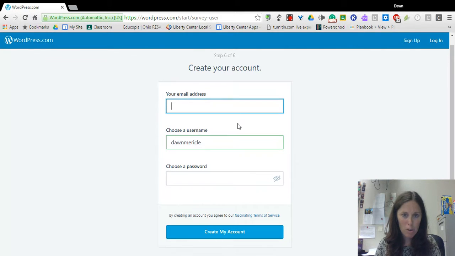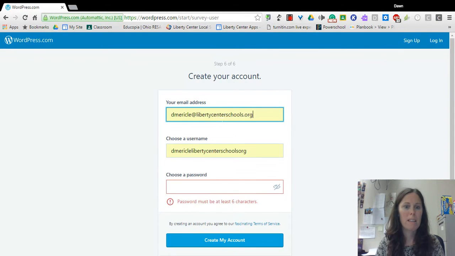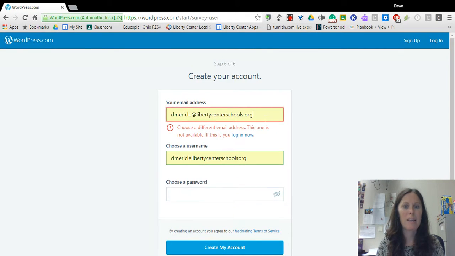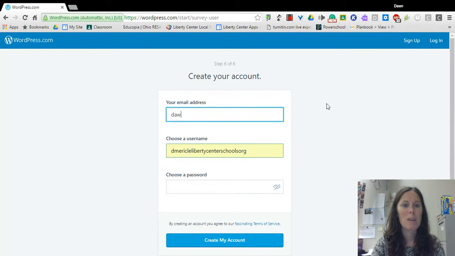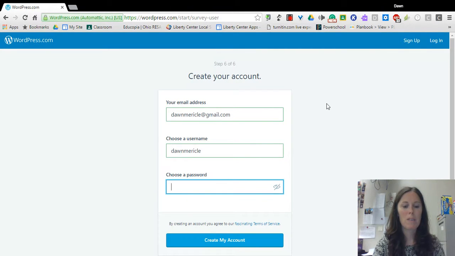You will sign in with Google. Let's see if it lets me do that. I already have an account created with that email address. So let me do my other. You can choose your own username. Please use something school appropriate. Usually first name, last name works well. And then you choose your own password